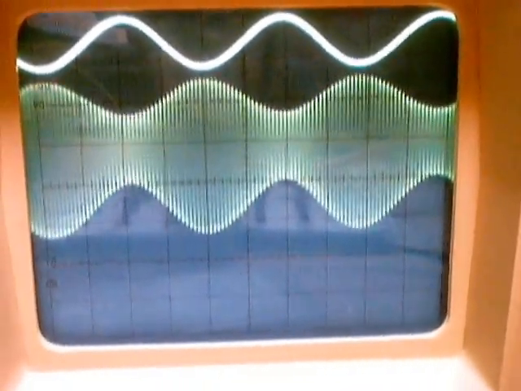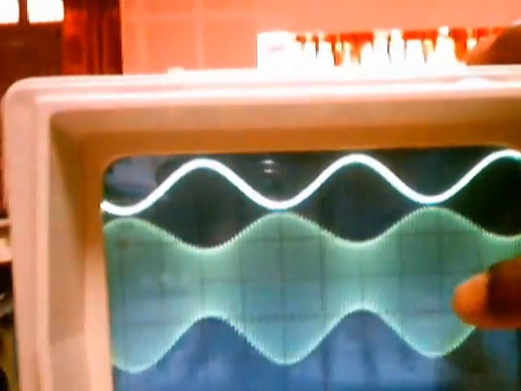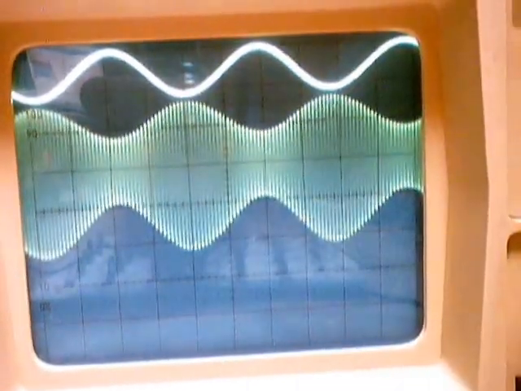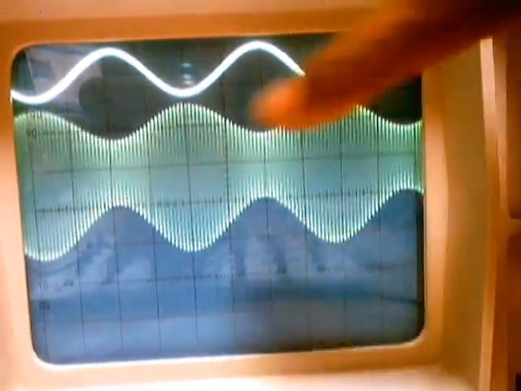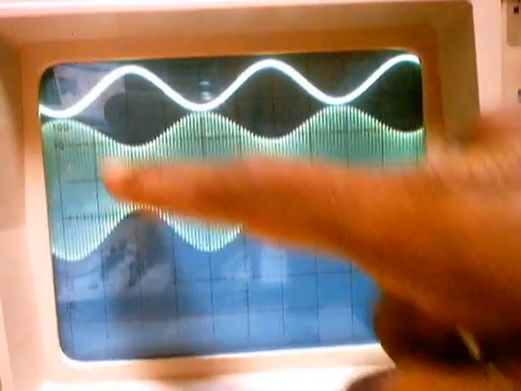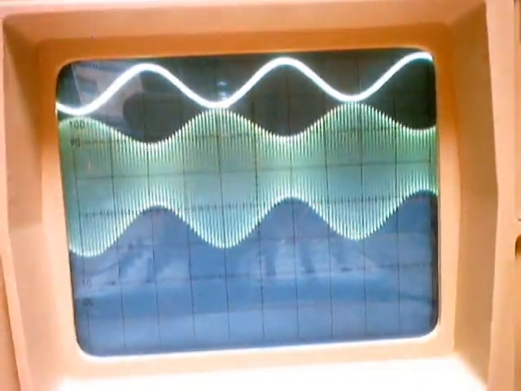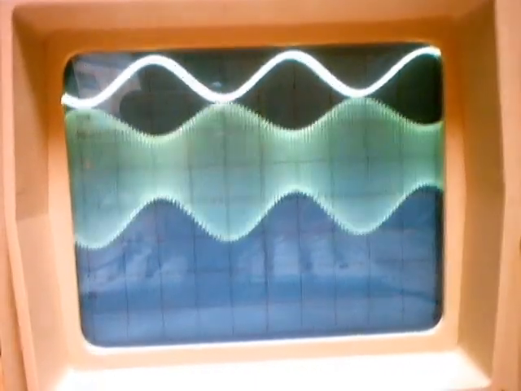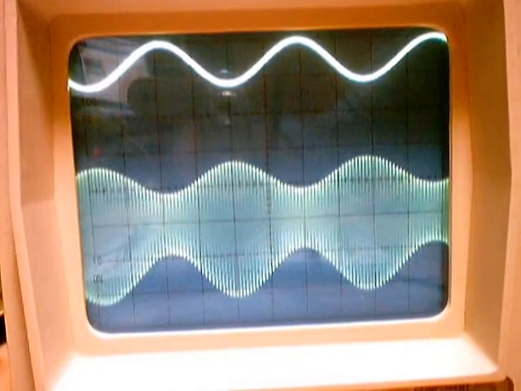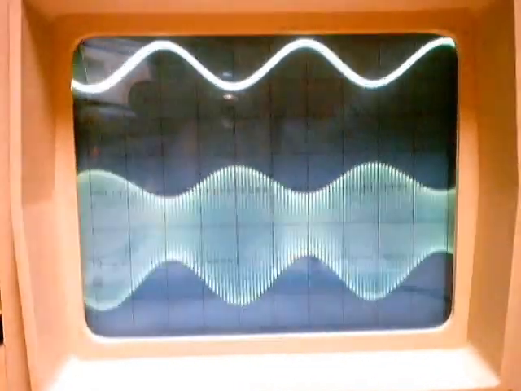modulating signal. Of course, in this IC, whatever modulating signal I am feeding, I will be getting the modulated version which is exactly 180 degrees out of phase. So when the modulating signal is going high, the modulated waveform will be going down, so the envelope is going down. This is one thing we have to keep in mind. But still, what I am getting is the amplitude modulated waveform.